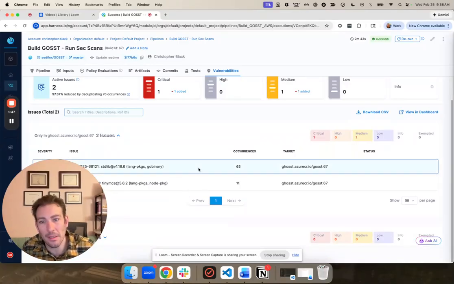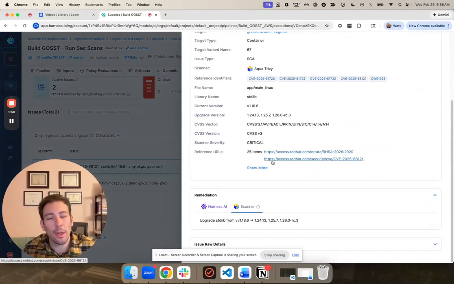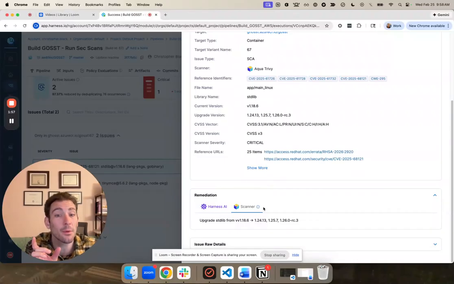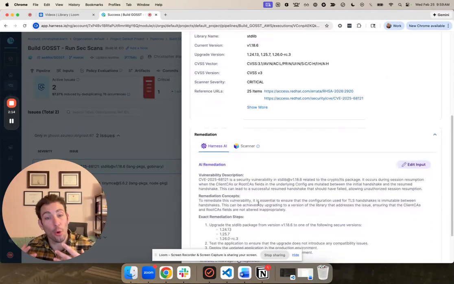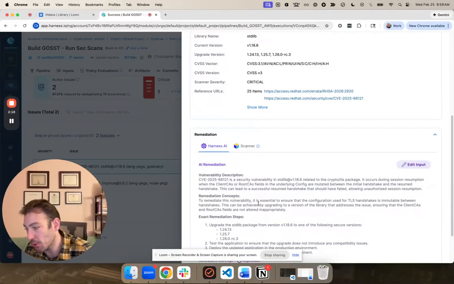I'm going to click on one of these. And again, historically, developers would be presented with information that comes directly from the scanner. In this case, the scanner is telling us that we have a vulnerable dependency and that we should update from one version to another. It doesn't tell me anything about the mechanics of the exploit, and it doesn't tell me how to remediate this vulnerability. With Harness AI, because Harness has a lot of contextual information about the pipeline, execution histories,